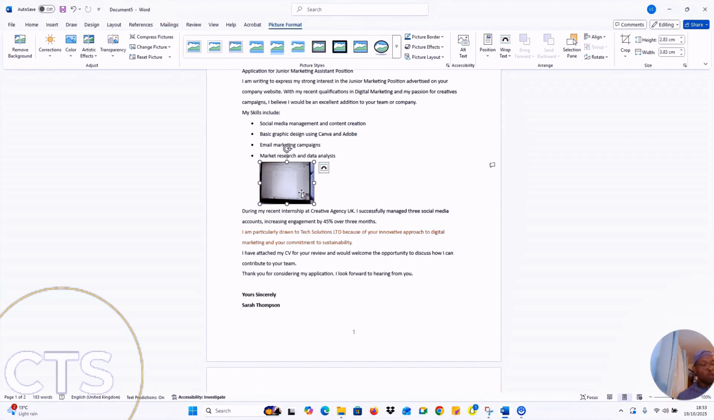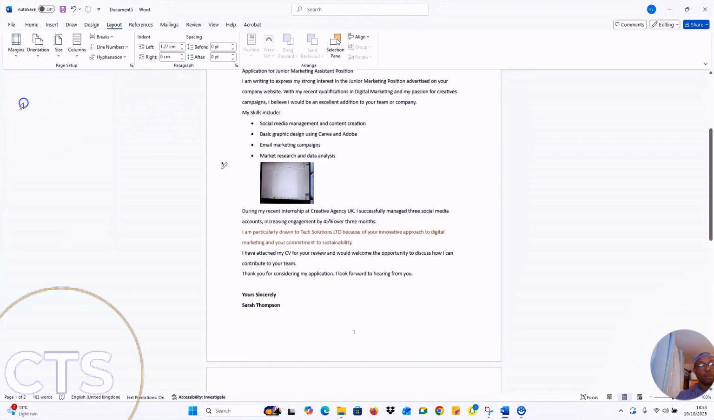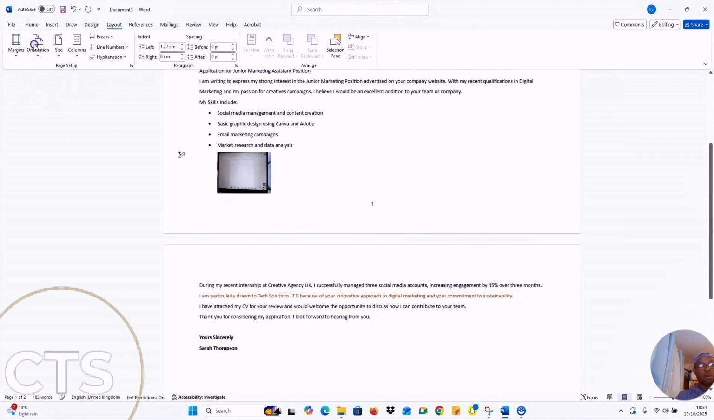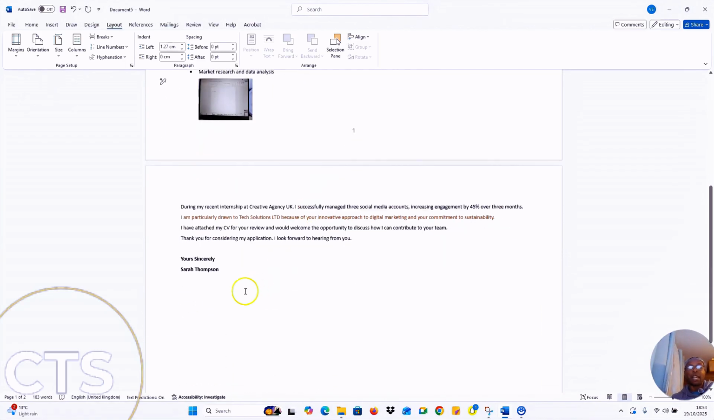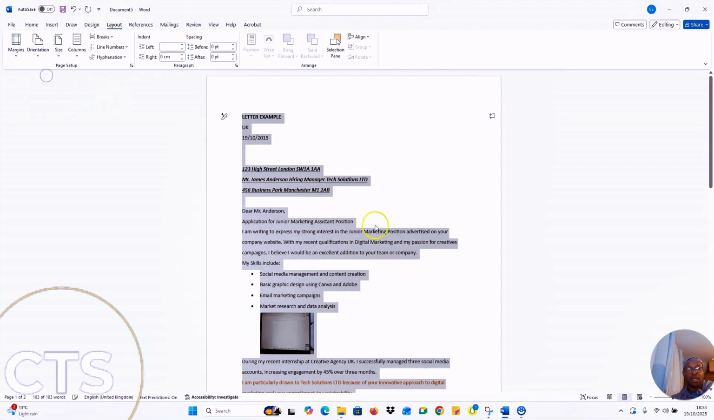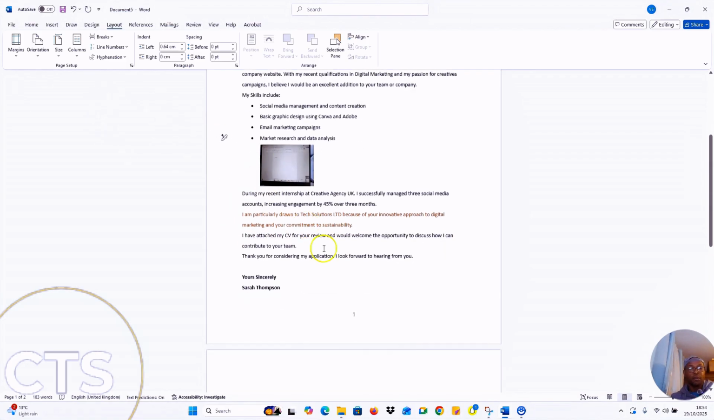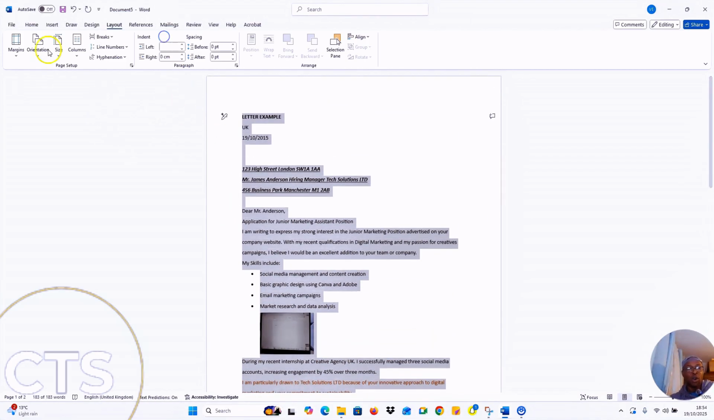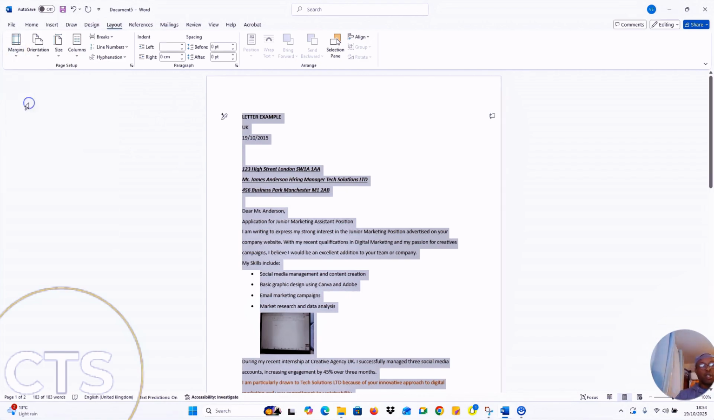Layout option, square wrapping. This is layout, margin, orientation. You can see the letter is now in landscape. If you want to put it in portrait, this is portrait. If you want to put margin, highlight all, then select margin. This is normal margin,